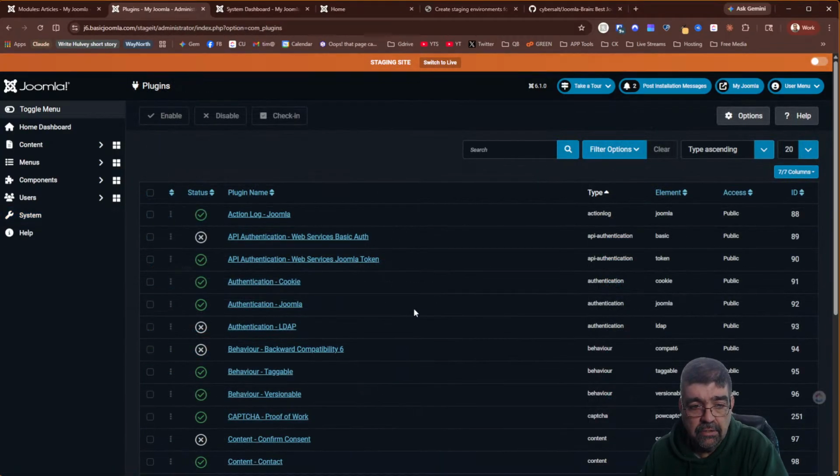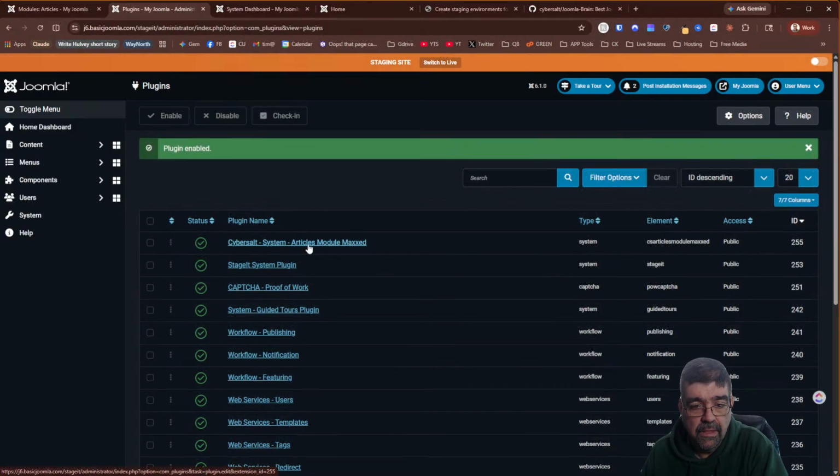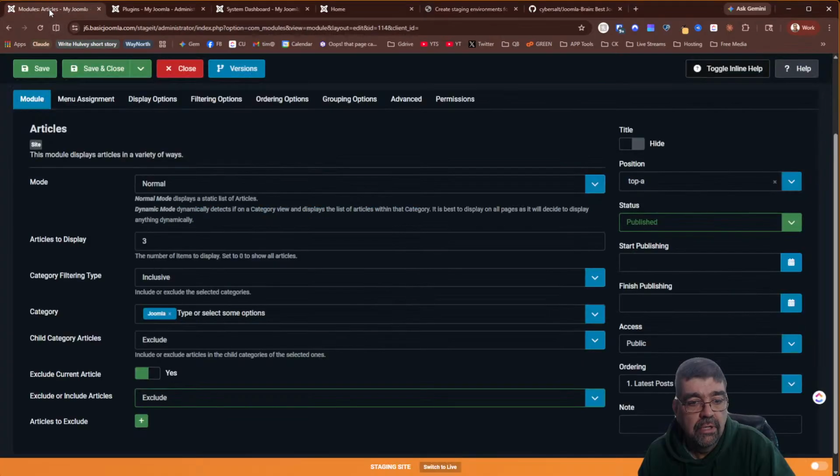we go to plugins. And we're going to turn that on. What settings do we have in here? Nothing. Oh, apply to modules, articles category, and articles latest. Oh, applied to 2. That was an option I didn't even know to consider. And look, toggle inline help is already nice in there. Great. So now if we refresh,